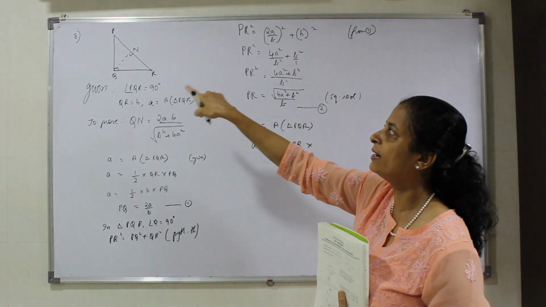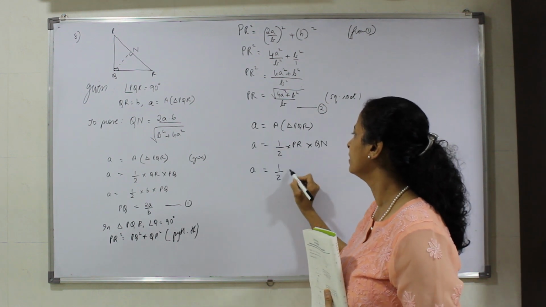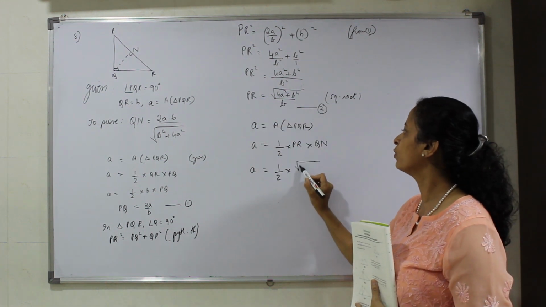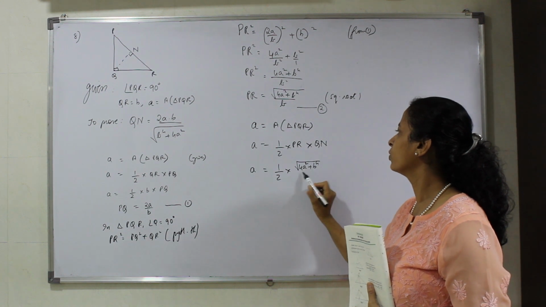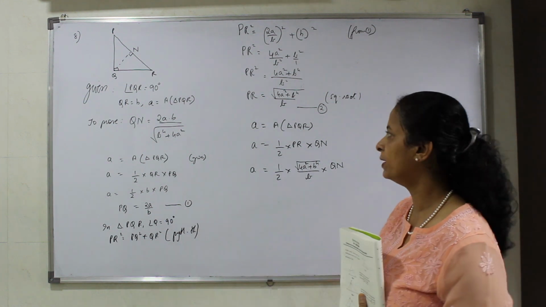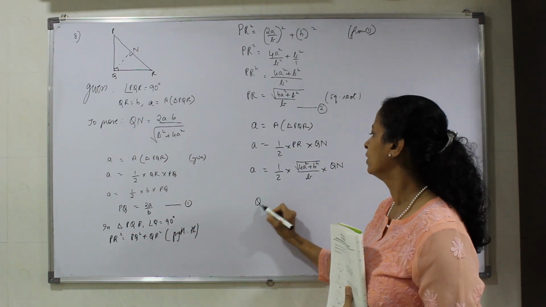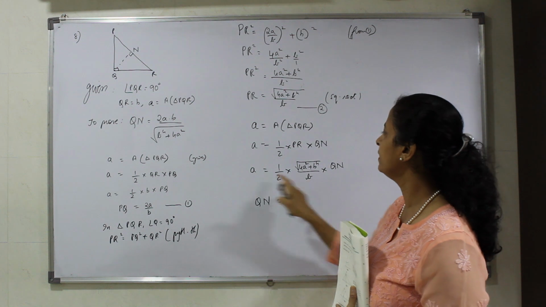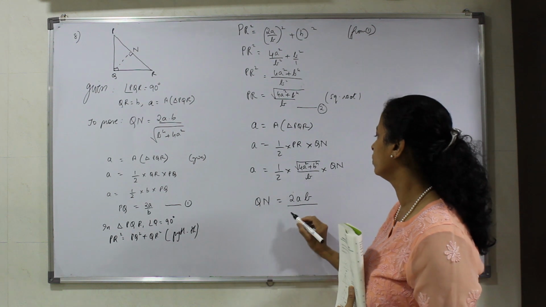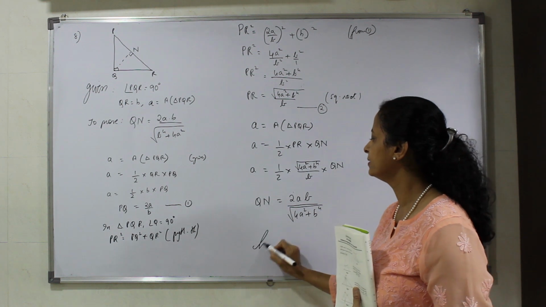Then what is my height? For the PR, the height is QL. Let us substitute and see where we get. A is equal to half into, do you know that we have an answer for PR? So copying this from here, we have square root of 4a square plus b raised to 4 upon b into QL. I do not know the answer for the QL. Since the question asks us on QL, let us leave QL alone. And so QL is equal to, the 2 and the b go up there, so it is 2ab upon, this full set comes down as a root of 4a square plus b raised to 4, and hence proved.